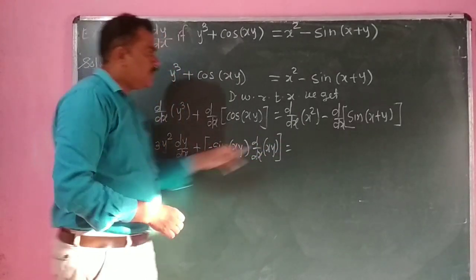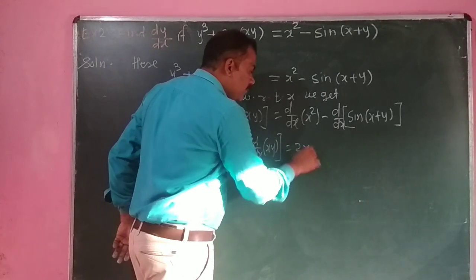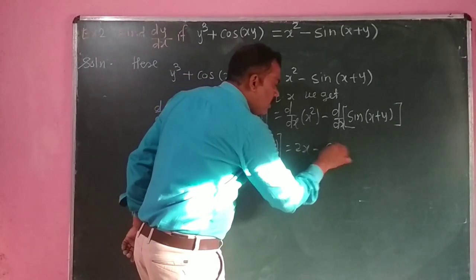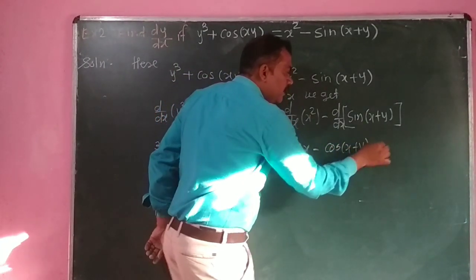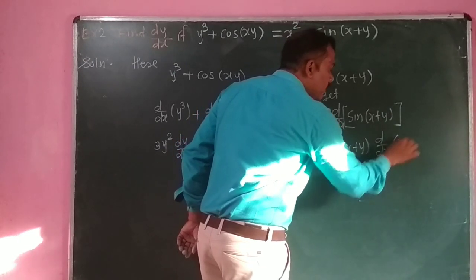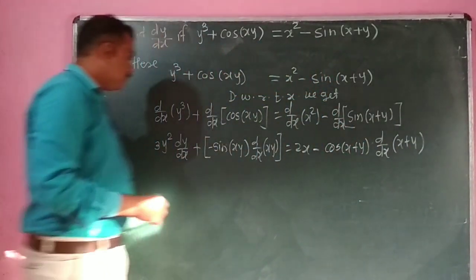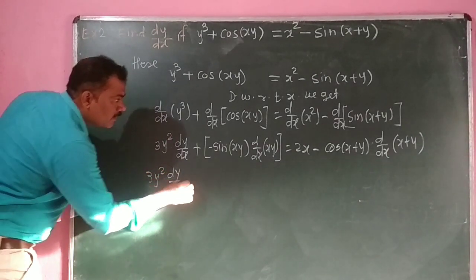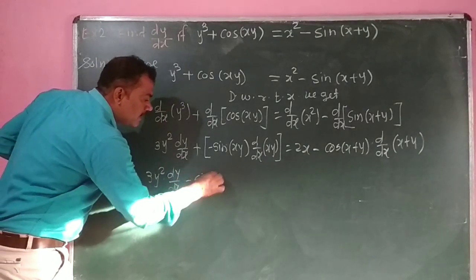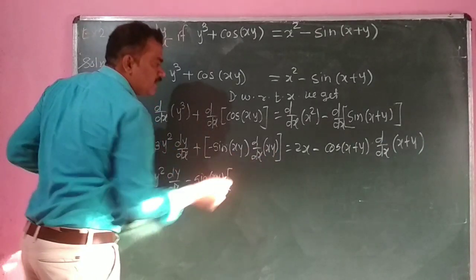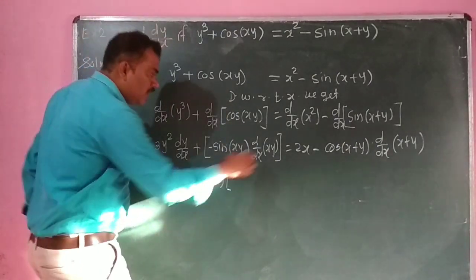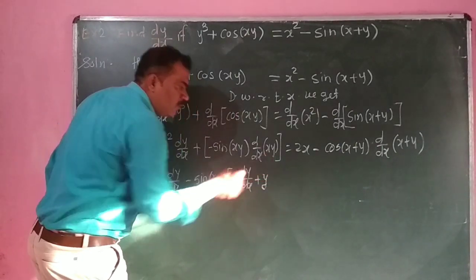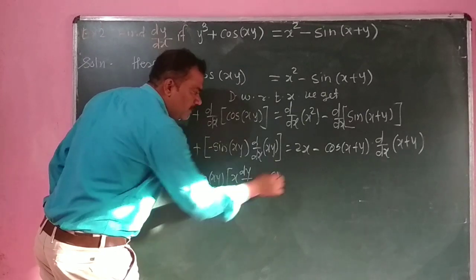is equal to, differentiation of this x square is nothing but 2x minus, what is the differentiation of sine? Derivative of sine is nothing but cos, so cos of x plus y into d/dx of x plus y, so we can write 3y square dy by dx. This one is minus sine of xy, here x into y, a product is there, so we have to use the product rule. First function as it is, derivative of y with respect to x is dy by dx. Second function y as it is, derivative of x with respect to x is nothing but 1